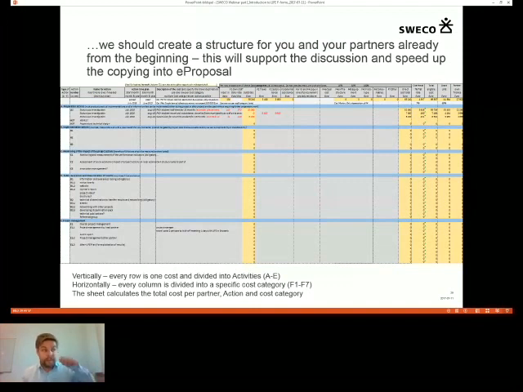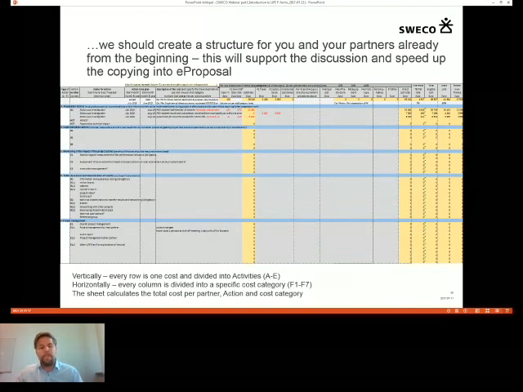So vertically here, every row is one cost, and it's divided into the different activities, A, B, C, D, and E. So every cost has to represent one specific F form. And as long as they are in the same activity or sub-activity, it's okay to put together, for example, laboratory equipment and electricity, as long as you state clearly in the F form description what it contains and how you calculated it